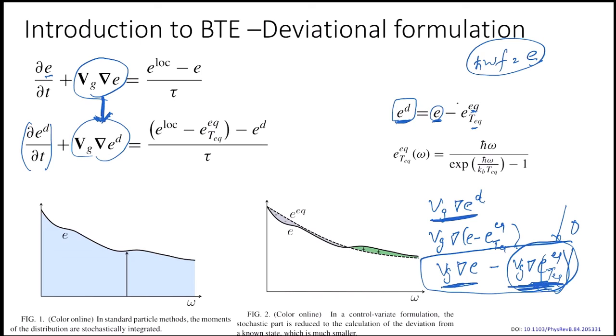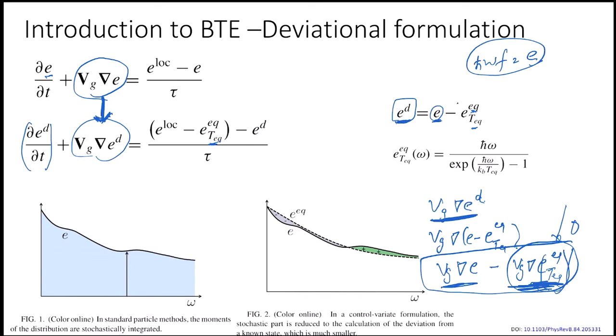The equilibrium distribution we are going to assume at T equilibrium. So T equilibrium would be constant. There would be no change in T equilibrium with the x position. Actually, we could take it to be linear. It becomes a little bit more involved, because we would then introduce this constant term. That constant term we could treat as a source term, and then we could again solve the equation. But that's a little bit computationally challenging. But when we take periodic boundary conditions, that's exactly what we do.